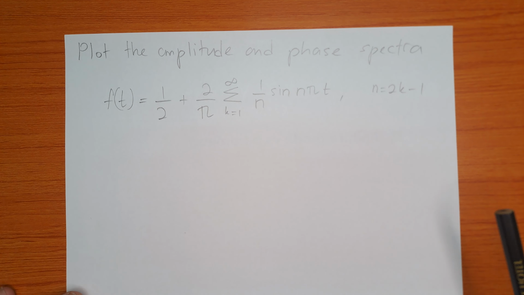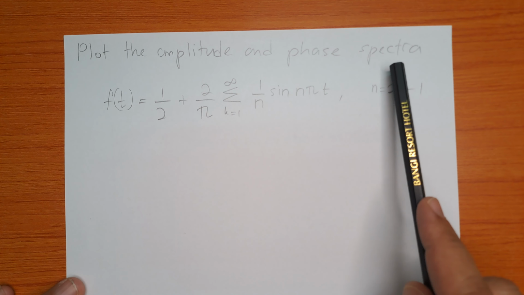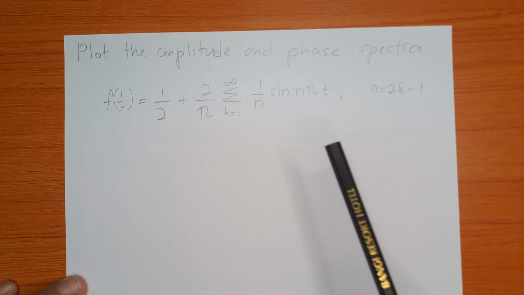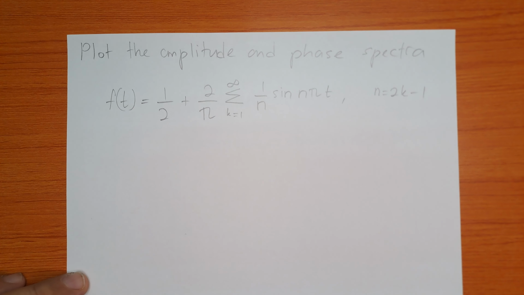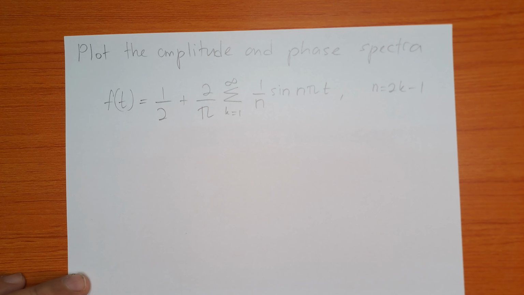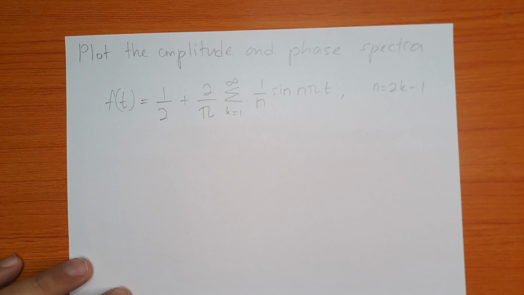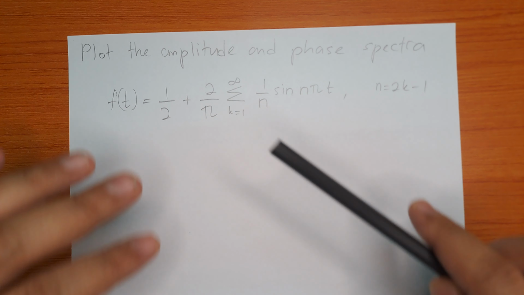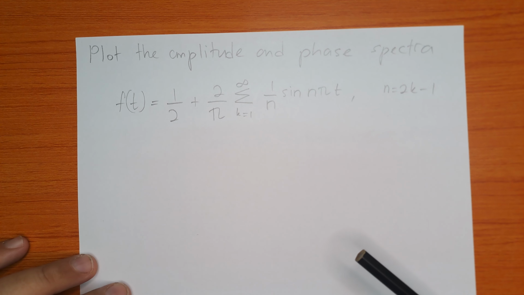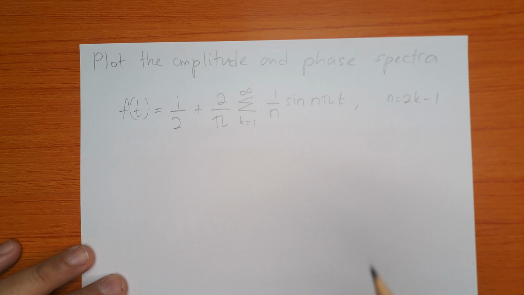Okay, in this video we will plot the amplitude and phase spectra for this Fourier series. So here we have a Fourier series of f(t), and then the task is to plot the amplitude and phase spectra. Now, first of all, we have to rearrange this Fourier series in amplitude phase form, or let's just determine